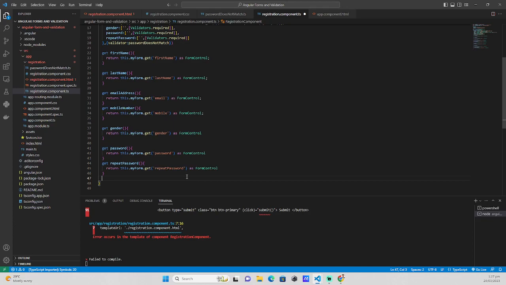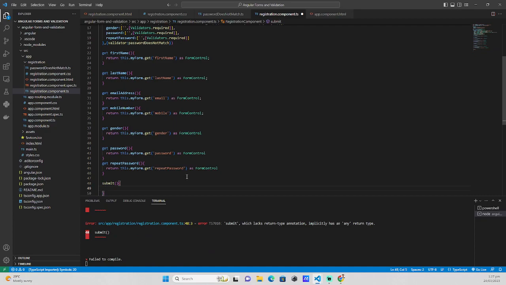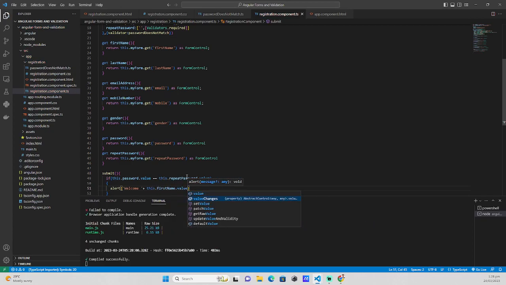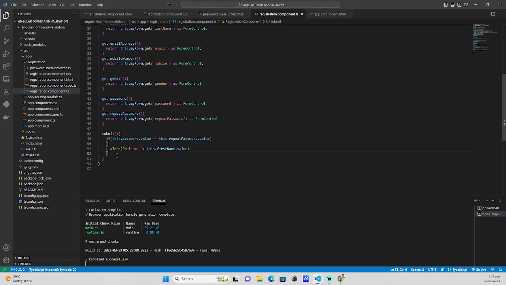Under this repeat password getter, in our submit, if this dot password dot value is equivalent to this dot repeat password dot value, it's simply going to display an alert that will say welcome plus the first name of the user that created an account, else